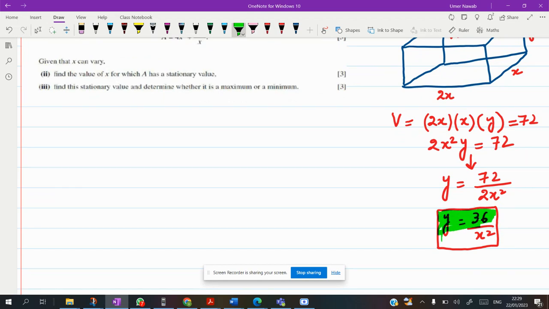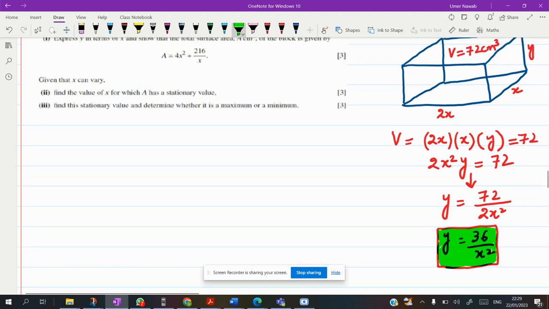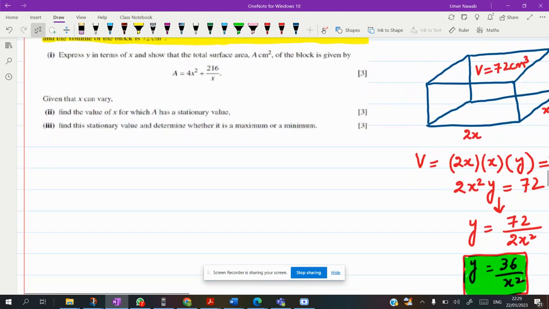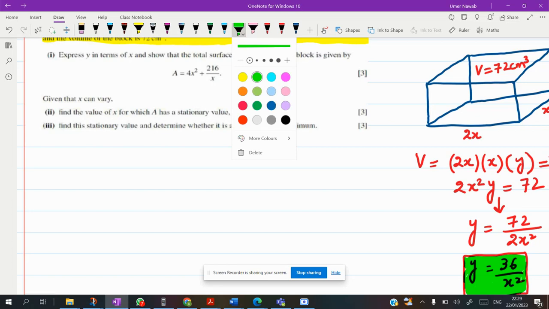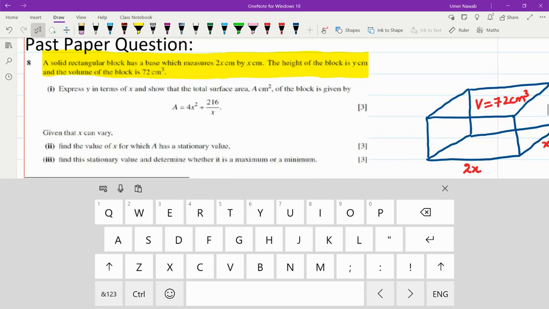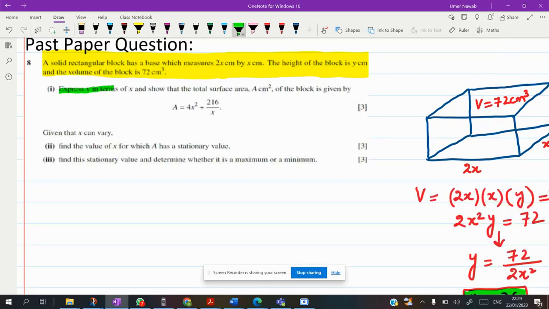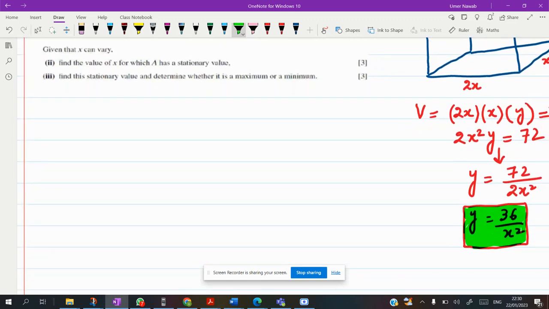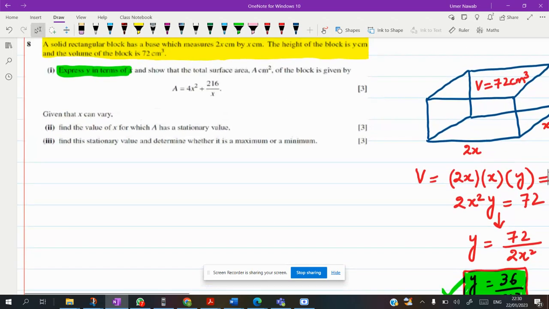So he has provided us the volume. I'm sure he will talk about the maximum or minimum value of the surface area. Now, as per the question, he wants us to express y in terms of x. Wow, we have done it. Did we express y in terms of x? Yes, Mr. Omar, we are done with that. What's the next thing I need to do? He said, show that the